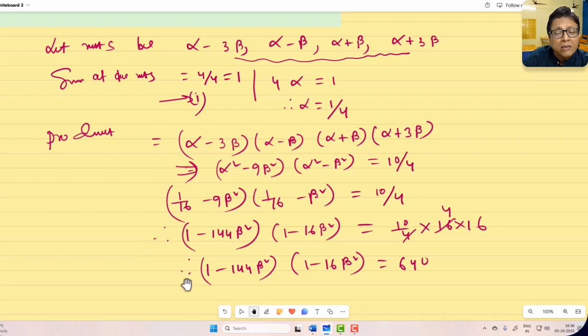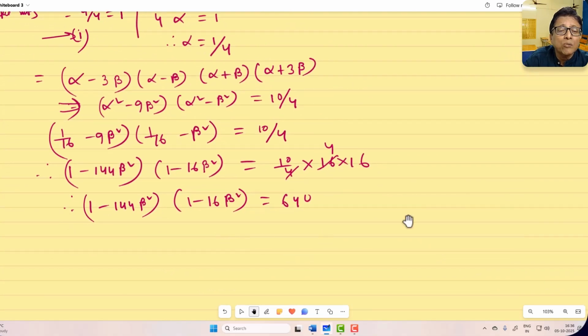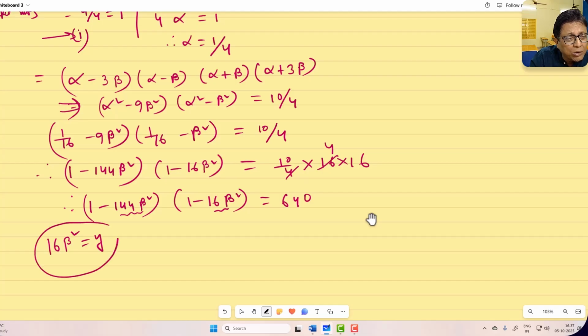If the problem arises in this manner, what to do? Should I go for the exact solution? You definitely can go. But we just check once that this is also in the form of 16 beta square. So you take 16 beta square equal to y. This is just for understanding. 9y